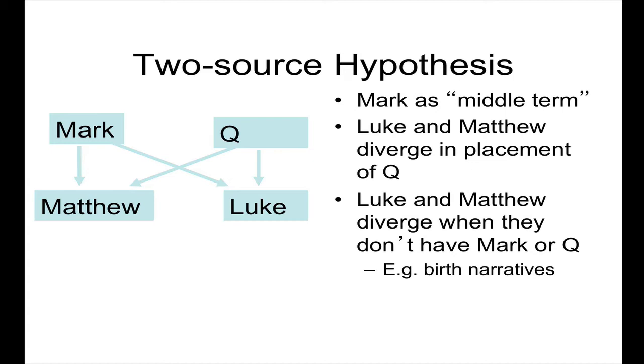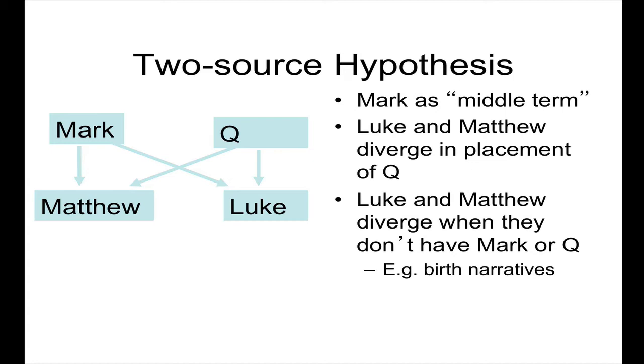So staying with the two-source hypothesis, a third point in favor of this basic diagram is that Luke and Matthew diverge from each other a lot when they don't have Mark or Q. In other words, if we come to the sayings material, the birth narratives, Matthew 1 and 2, Luke 1 and 2, there is no point in the Gospel of Matthew and the Gospel of Luke where they're more different. Where are Jesus' parents from? What's his relationship to John the Baptist? What year was he born? All these things are totally different, and the stories are just totally different.